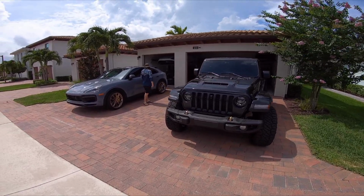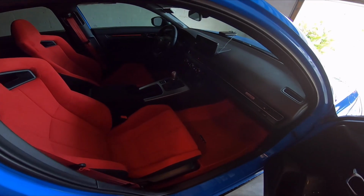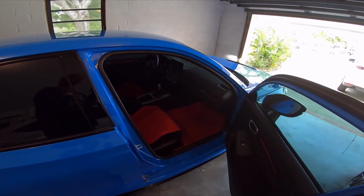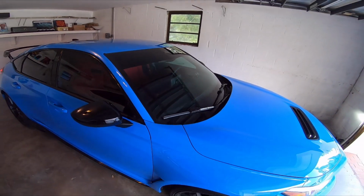Oh, there he is right there. What's going on, man? All right. So this, and you can see that it's a beautiful car. It has a lot of great things, but it's not without flaw. And one of the first things that I really feel Honda should update or change or upgrade, it's